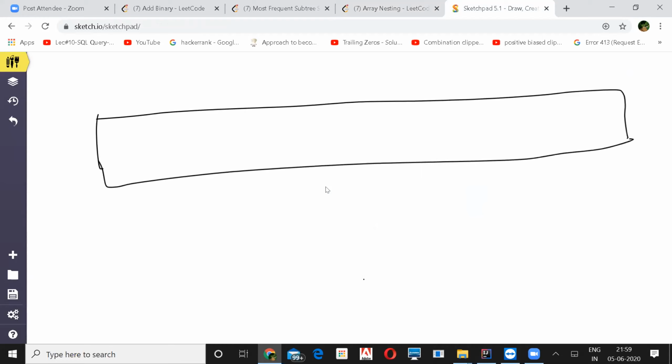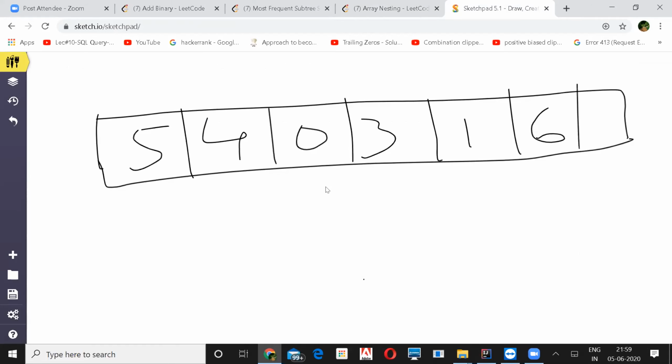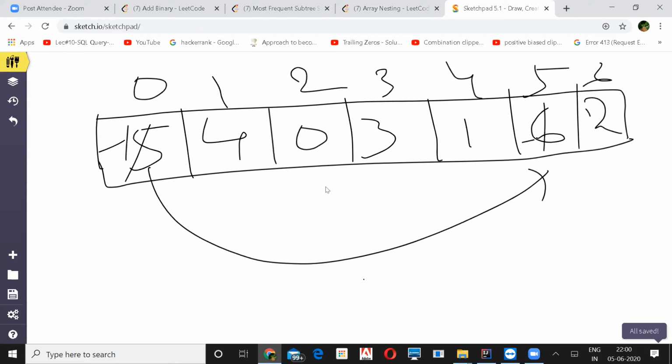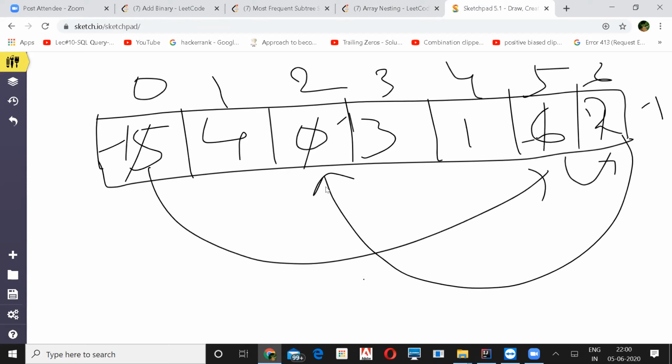Earlier we had discussed this one. So we have approached like 5 is here, and then 540, and next is 3162. I just did this. I think this is 0, 1, 2, 3, 4, 5, 6. So the first time you visit, just make it -1 and take 5, your value before putting -1, and go to index 5. Then put -1 over here, take 6 out of it, go here, put a -1, take the 2, go here, make it -1, and take this 0, you reach here.